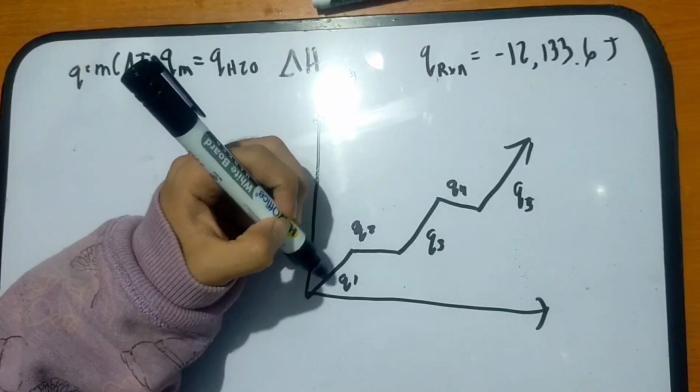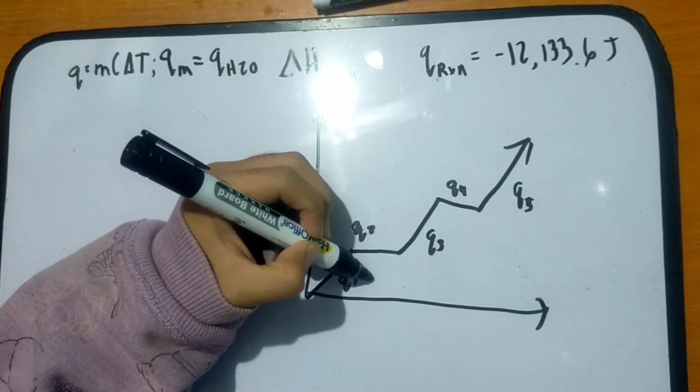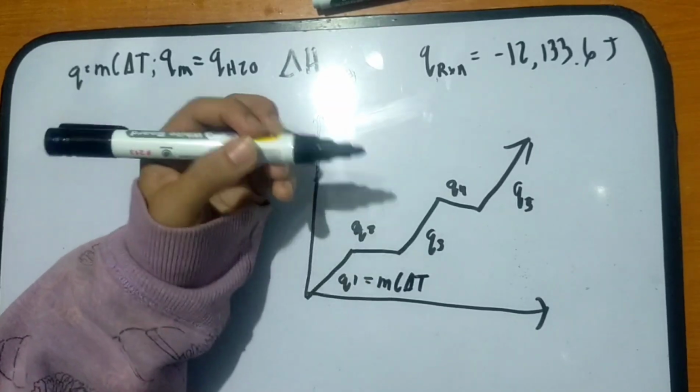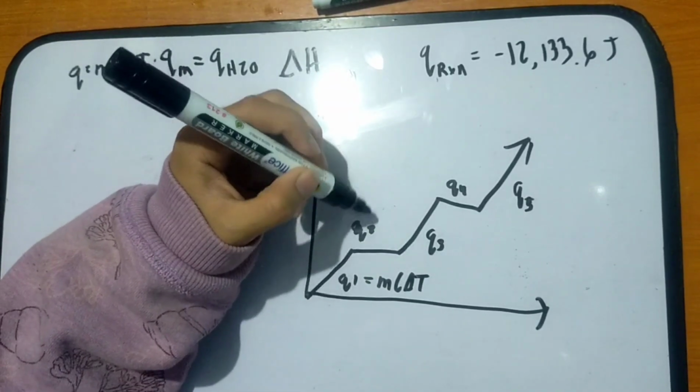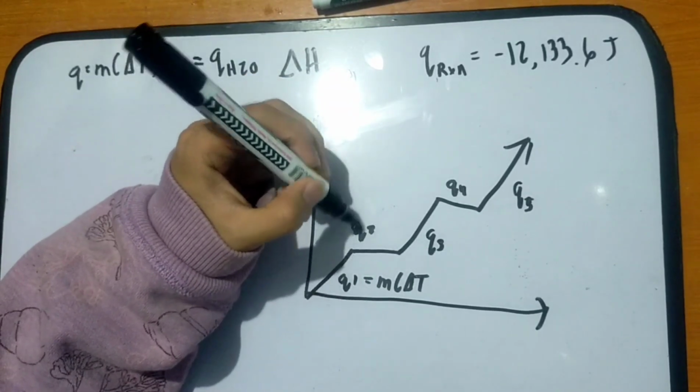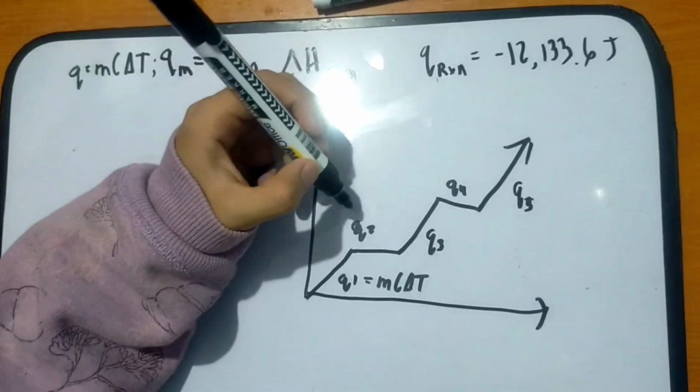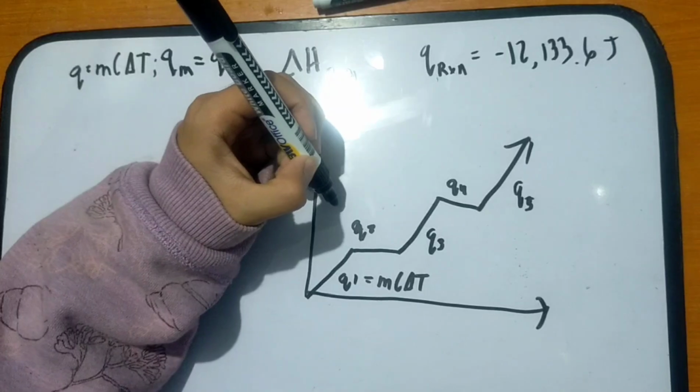Since ito ay changing in heat, its equation is MCAT. While ito naman ay stable, which is siya naman ay enthalpy change. Ito yung phase kung saan nagbabago na yung itsura niya, its form. So, ang kanyang formula is